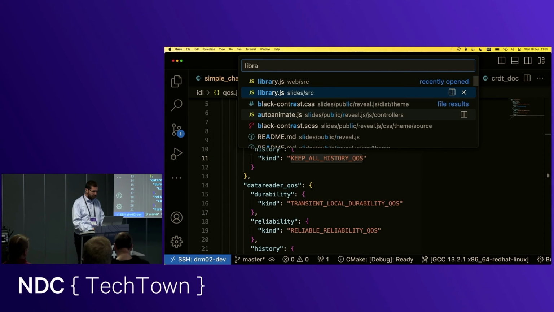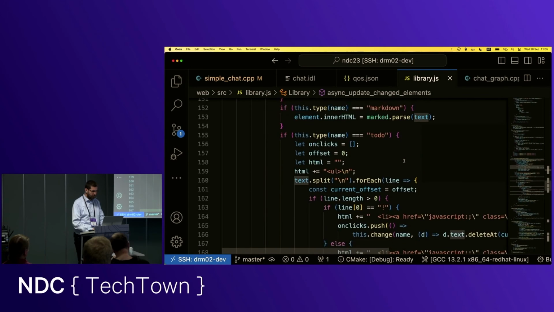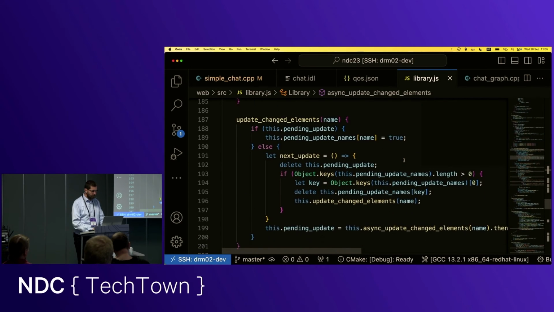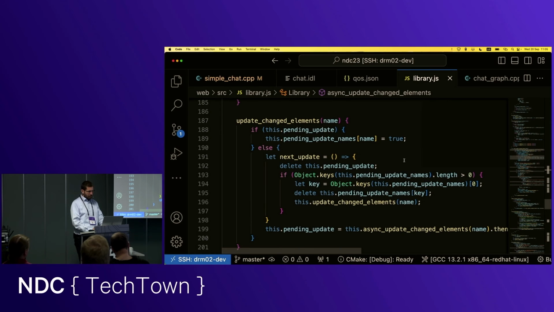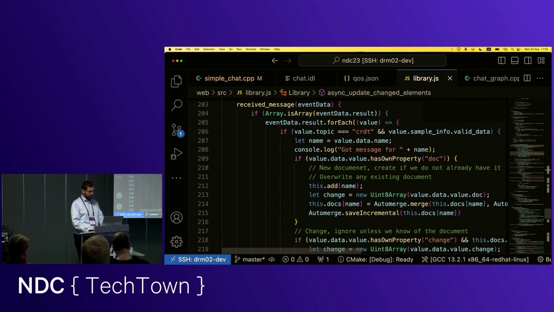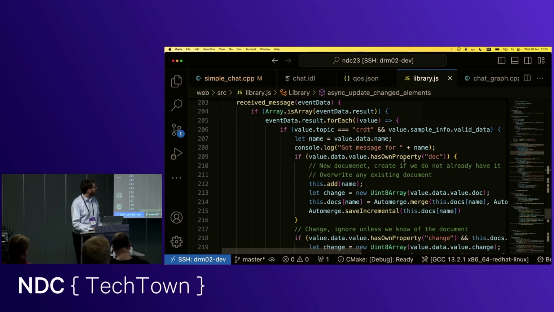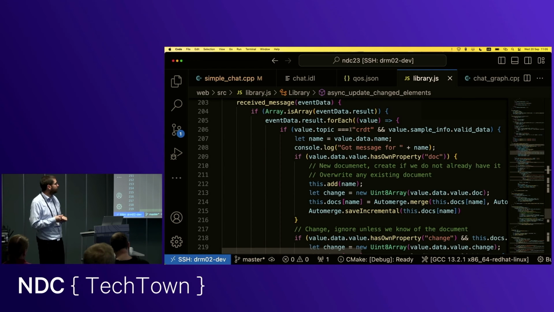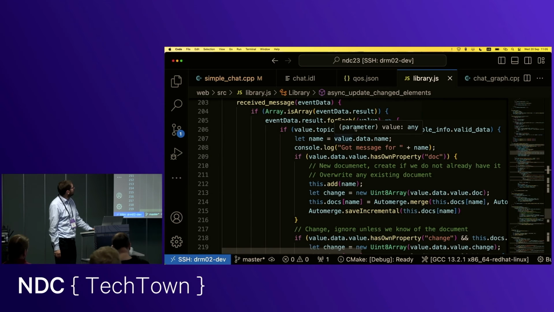My most interesting bit is in the JavaScript. Here, event data is triggered whenever it receives a message from the DDS server. So it's a DDS message received by the JavaScript application. It checks that the topic is CRDT because I have the same receiver here for everything. And then whenever it receives a document,